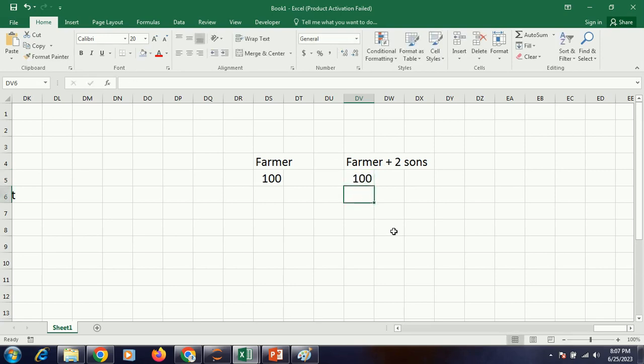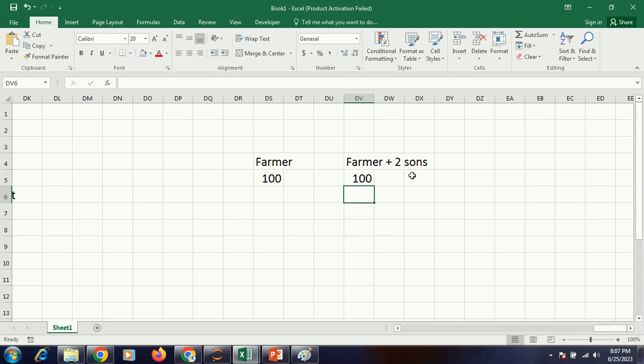So essentially, do you think these two sons are employed? They are engaged, but do you think they are actually earning any money? No, right? The farmer himself was earning 100 rupees when he was working alone.